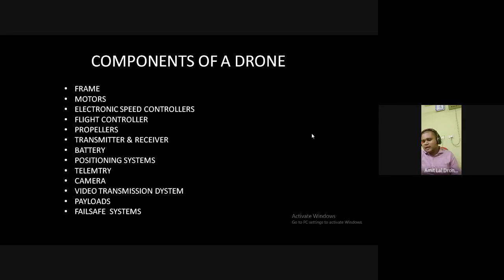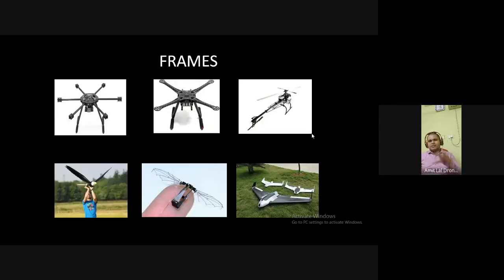So going to the next slide, you can see various frames there. The first one at the top is called a hexacopter. Why hexa? We'll basically talk a little about the nomenclature of drones. For example, you see there are 6 arms in it. So 6 arms gives the name hexa, and then with copter, it is a hexacopter. The next to it is a quadcopter because there are 4 arms.